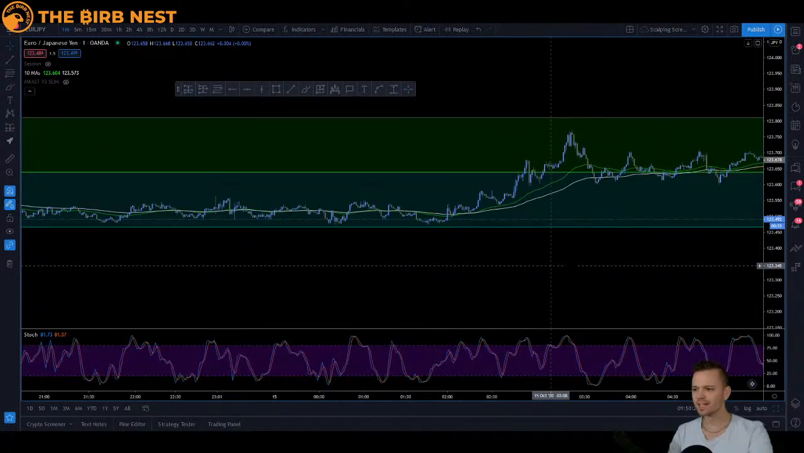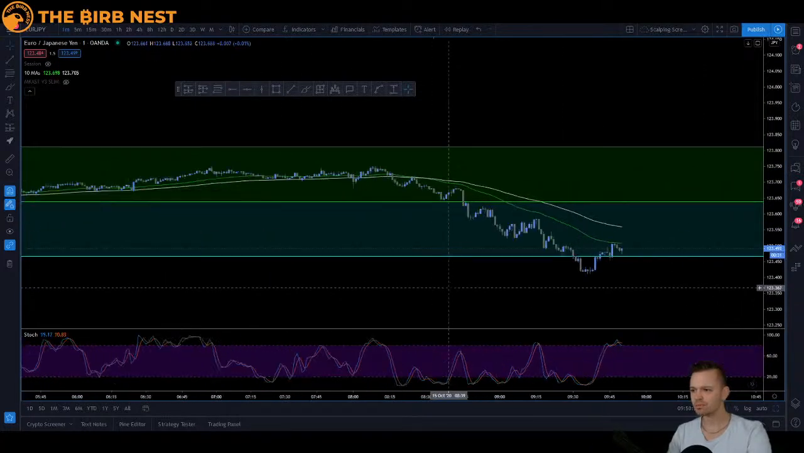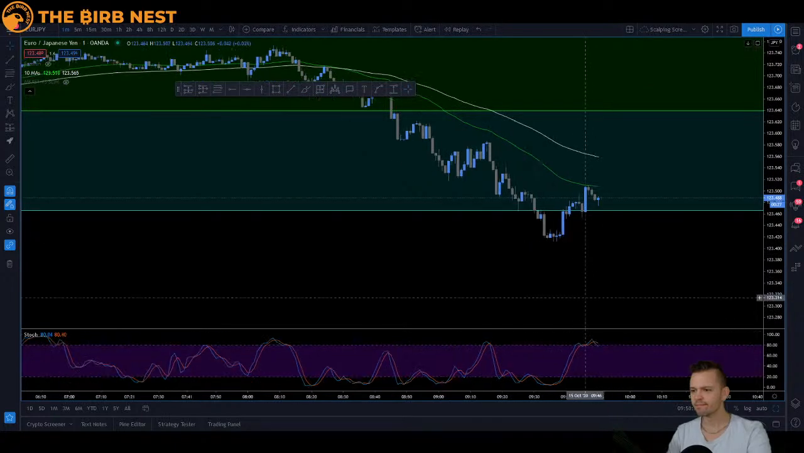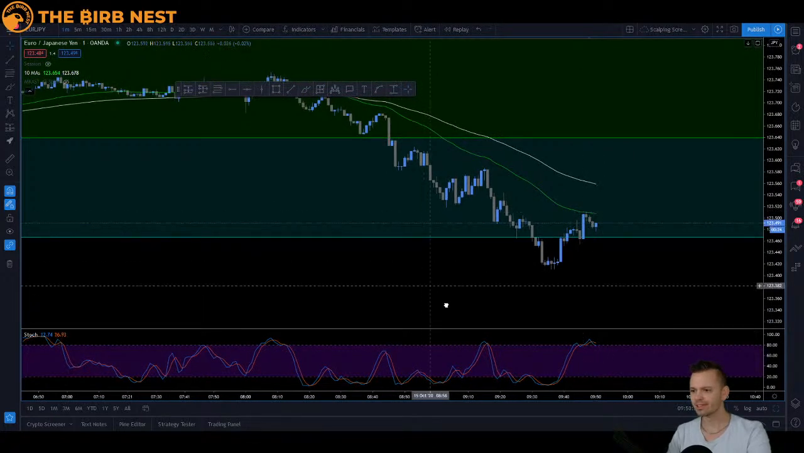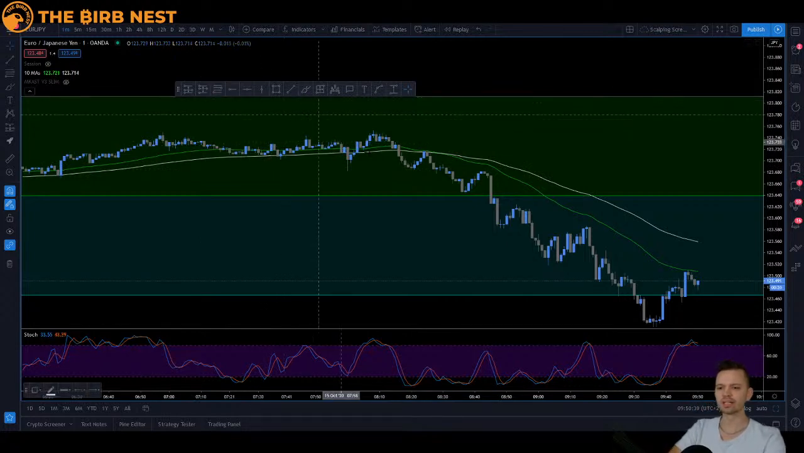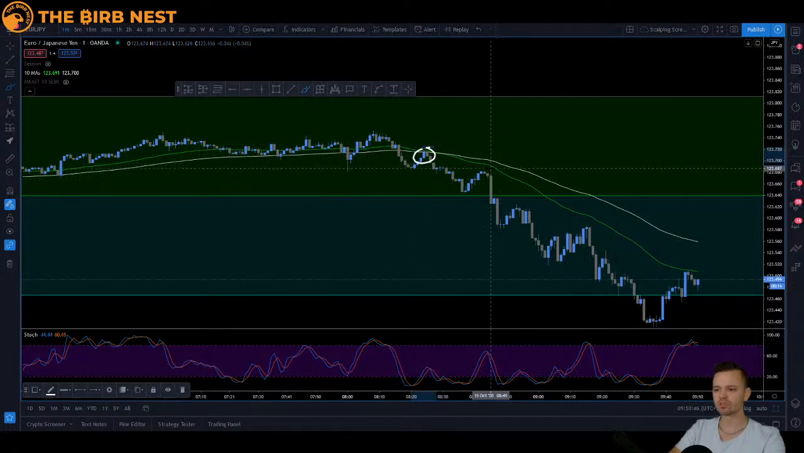Problem here is that I'm quite late into this move. I feel like I'm a bit late here because, obviously, you want to get in on a move like this right here, but the stochastics wasn't at oversold. It's not until really